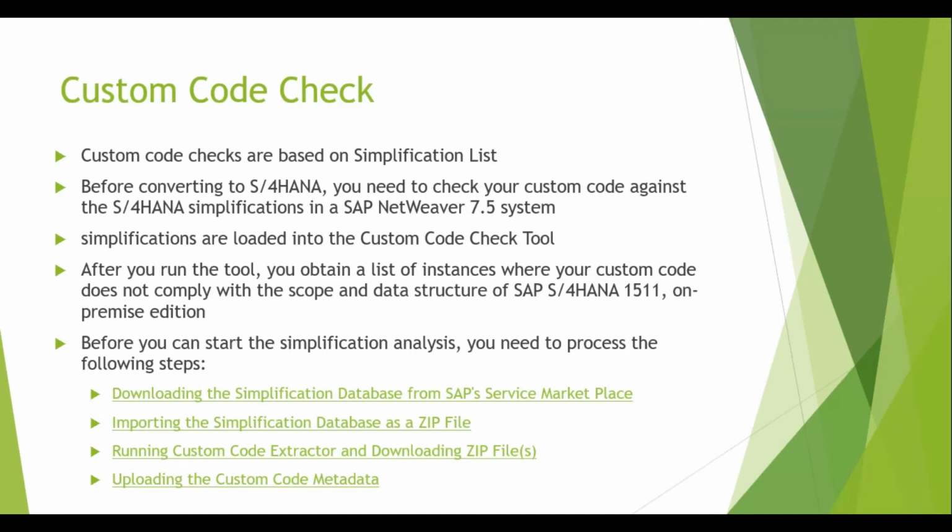Oh, that means when we do the first step from 4.7 to ECC, then we need to run the maintenance planner and custom code checker in ECC in order to see the deltas between ECC and S4HANA, right? No. When you are running on 4.7, in that case, the maintenance planner will be available for 4.7 against 6.0. Oh, okay.